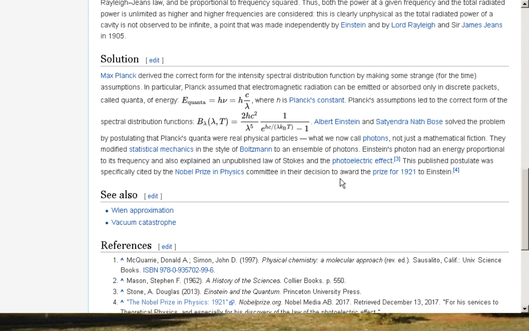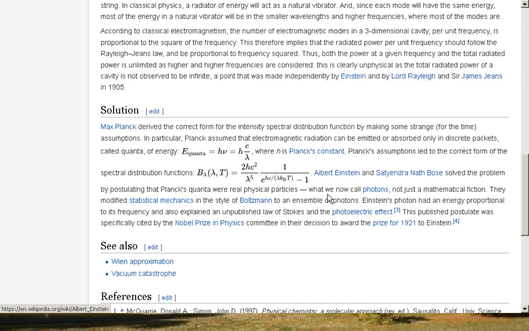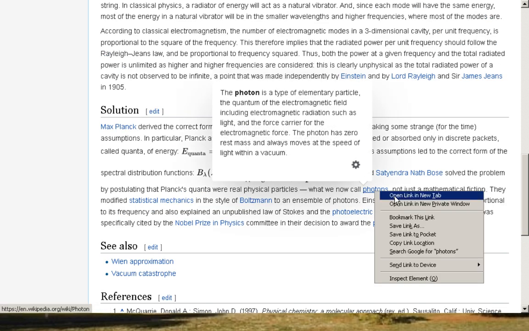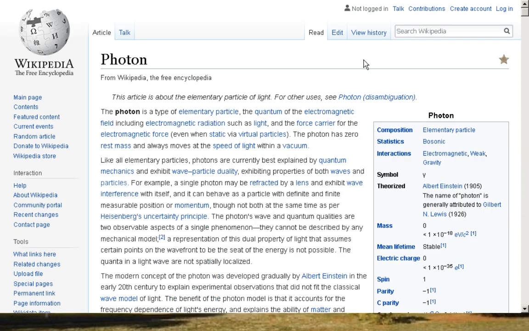It also explains the operation of the photoelectric effect. See, they're saying when we talk about photons, this is what we're going to be using in our experiments. We have to understand